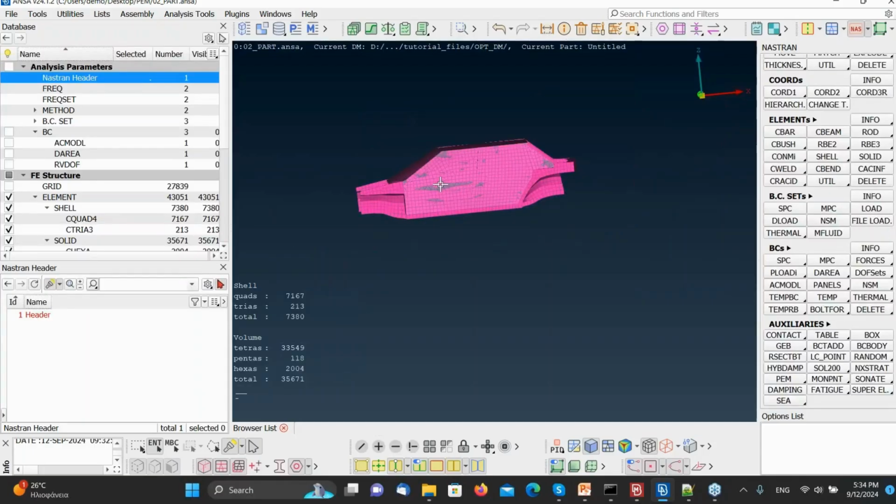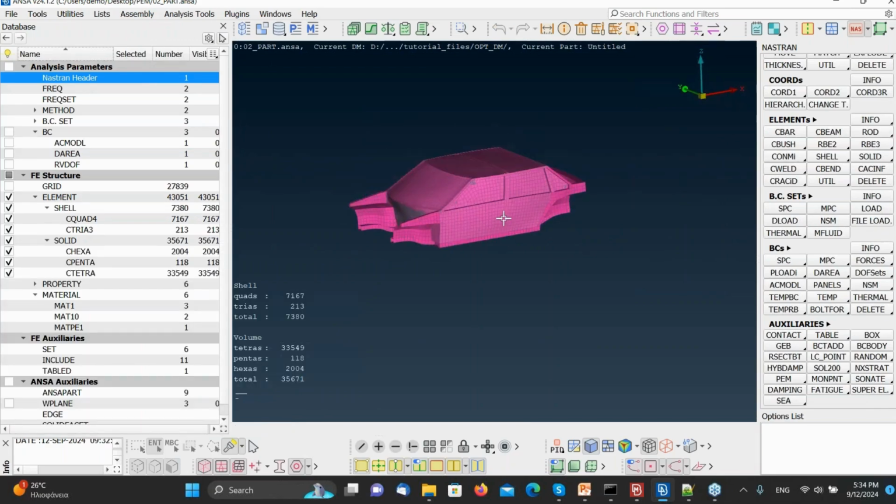Let's proceed. I will start now the live demo. This will be my model, and my starting point. For the starting point, I have already loaded the structural part, the fluid part, and the trim part. I have already created